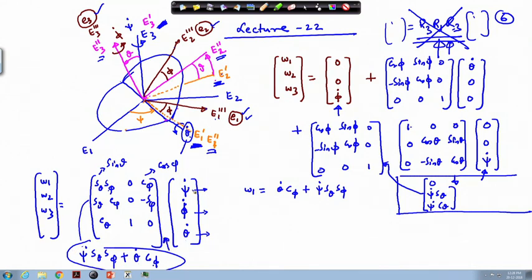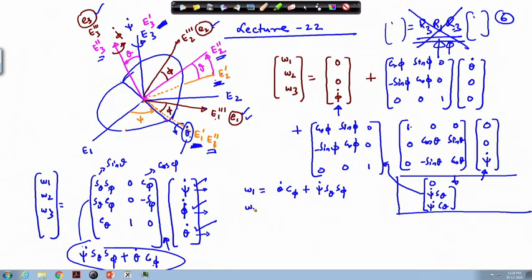So, on the right hand side we will have psi dot, phi dot, this is okay, and this is theta dot, and these terms are also okay, theta dots here these terms are together. So, S theta and S theta times C phi, these two are together, okay. This is the second column, this is the third column, this is the first column. Similarly, the first row, second row, third row. So, this way omega 1, omega 2, omega 3 we can get from psi dot, phi dot and theta dot.